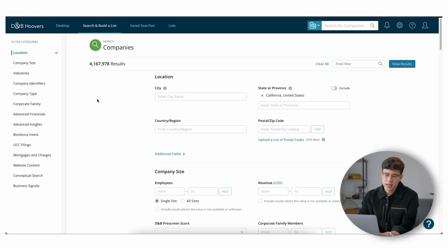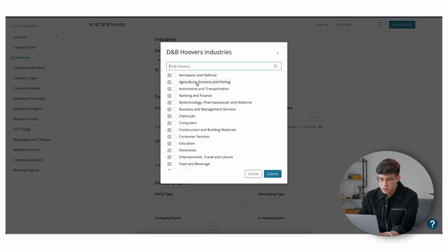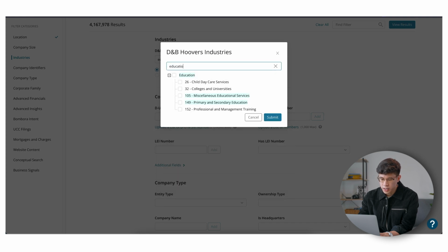All right, so right now we are in DNB Hoovers, which in my opinion is one of the most robust and accurate places where you can get prospecting information, especially when it comes to getting accurate contact data, whether it's email and phone, right? Let's say I'm going for people who are in the education space. So I can actually type in education in here and it'll have the pop-ups underneath, and I could go to browse as well. Also look for education over here, click on what kind of options they have. So let's say I'm going for professional management training and college and universities, and let's go ahead and go to